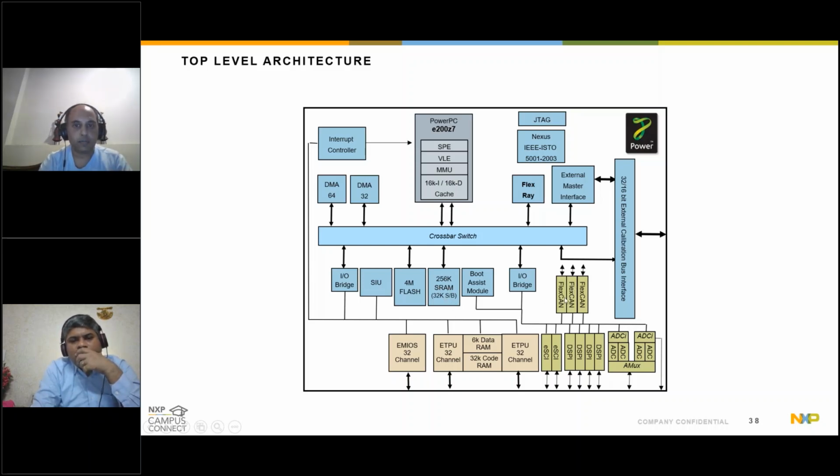And then you will have a lot of interfaces which go outside the chip, depending on the application space, right? So here you have, let's say, a DSPI interface and an ADC interface. Then you have analog muxes. Let's say there are 4 ADCs, but at a time you want to show only one ADC visible to the external world. So you may have a muxing mechanism present there, so that you can leverage the internal hardware to the maximum capacity, but you optimize the number of pins going outside the chip, right?